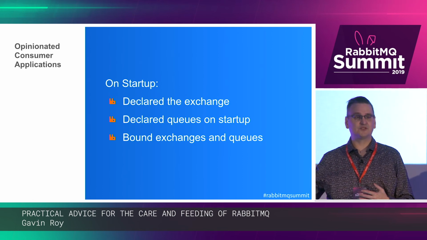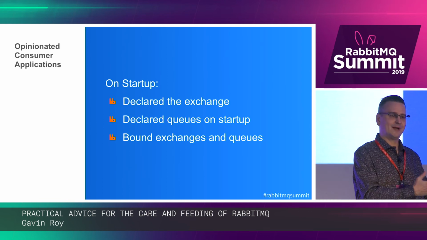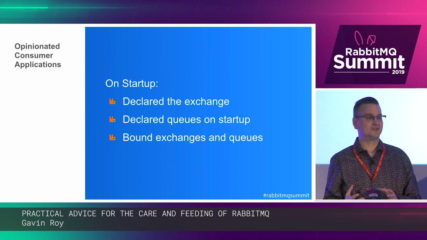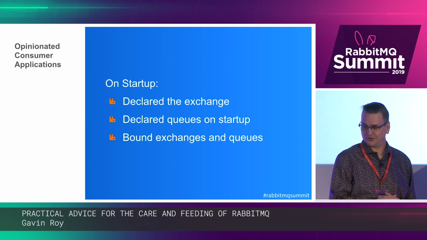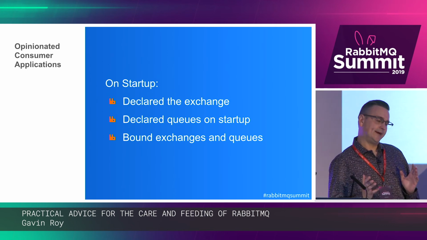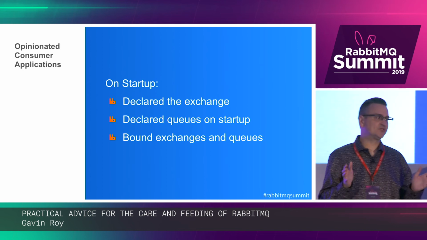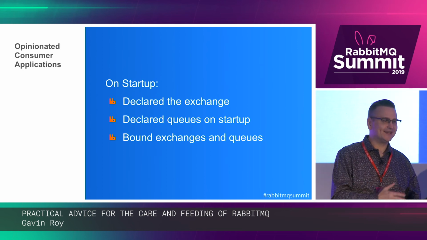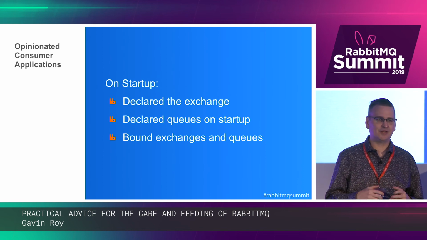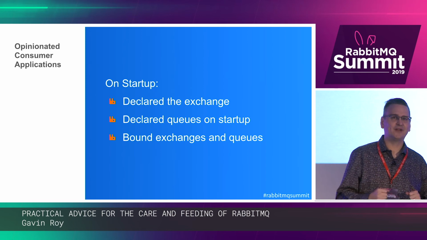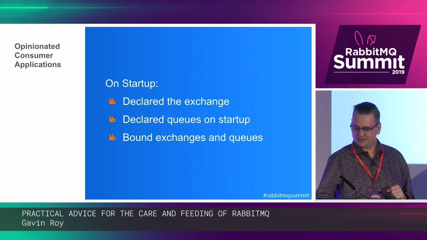When it comes down to a consumer application, really all it needs to know is, where do I connect and tell Rabbit I want to get messages from? And ideally, those are configured things, not things that are hard-coded in code. So as we went through this process, I want to say 90% of the applications moved over really easily. Configuration management's a wonderful thing. Being able to go through and change applications quickly allowed us to get everything going. And that's when we ran into problems.